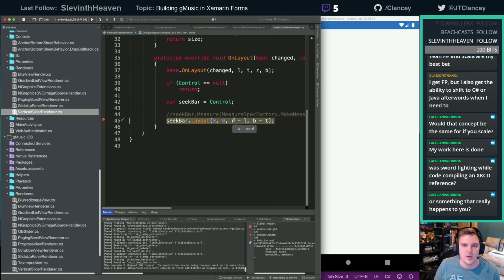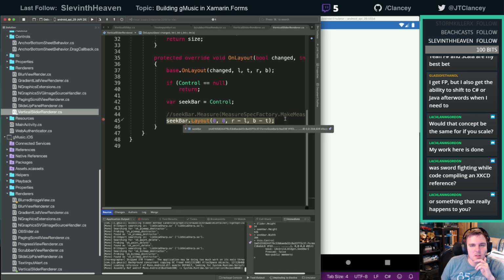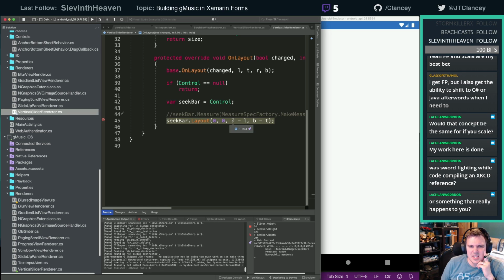All right. Right is 204. Left is 0. Bottom. Oh, this is calling. Oh no, Android views. Bottom. Top. Okay. That actually seems right.